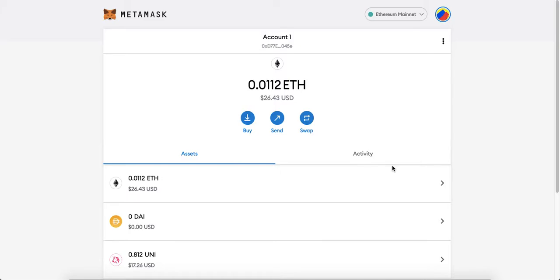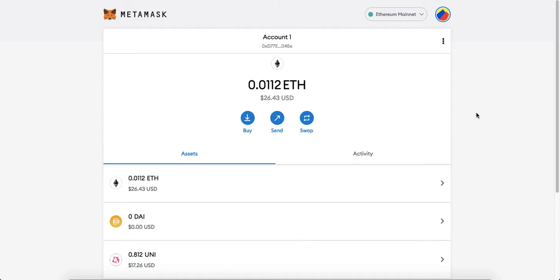Hi guys, you would have noticed that my last couple of videos have been focused around the new projects which have been launched on Binance Smart Chain, and specifically the ones which are based upon the NFT gaming concepts. And in today's video, I'll be talking more about the basics about how to configure your MetaMask so you can start using Binance Smart Chain.